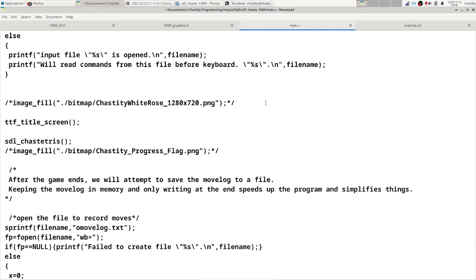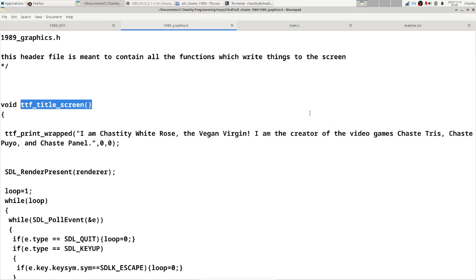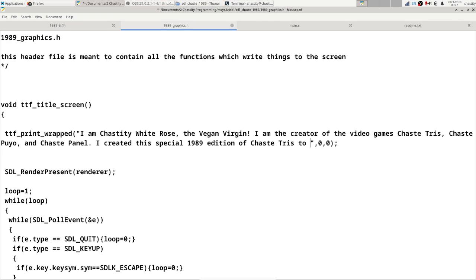Okay, but I need to add to this string. So we're going to change this. This is going to be a very big thing here. I created this special 1989 edition of Chaste Tris to have a